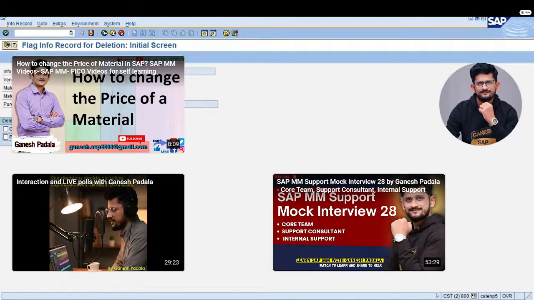Or not like that. For example, there is a purchasing data is there and complete info record is there. Then if you want to delete the complete info record, then you have to click on